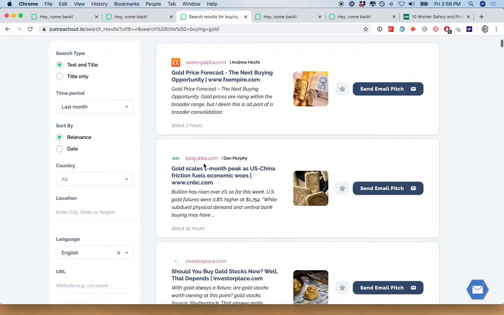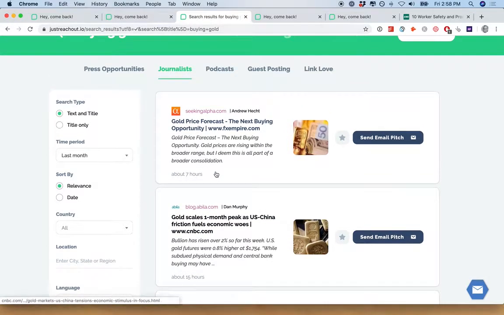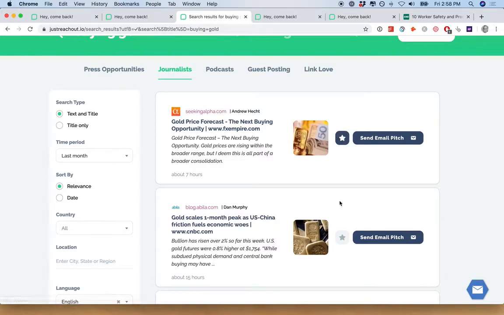Our goal here is to find a journalist who we want to chat with, right? And then strike up a conversation. So we want to have a favorite, so we'll favorite these folks. Now, you're not going to be pitching one email to maybe 100 at once, right? We want to test what is working and scale from there. We want to go after value, and we want to go after quality and not quantity.